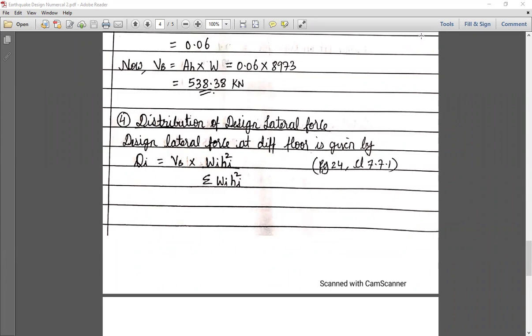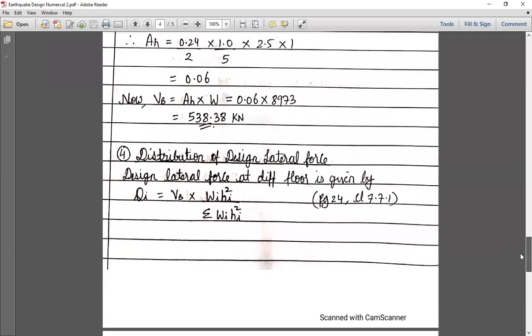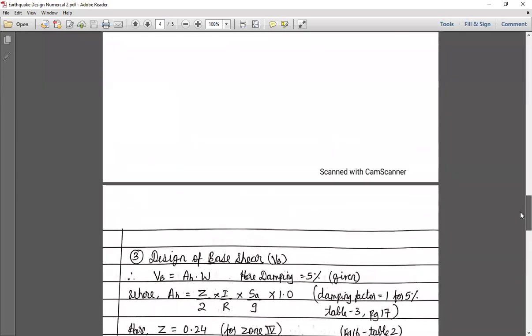Okay, we cannot decide whether it is compulsory or not, because last year there was no offline paper. The only difference was the seismic weight calculation, na? In this, the dimensions were given to you, and on the basis of that, you calculated. The rest of the things are the same.